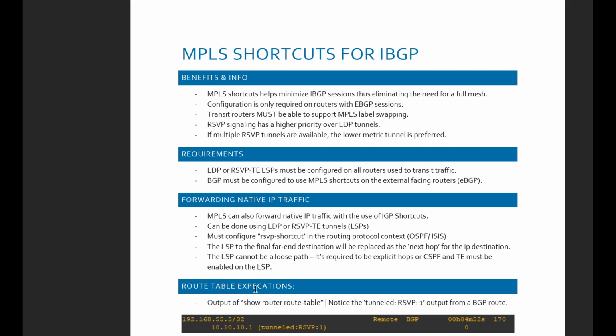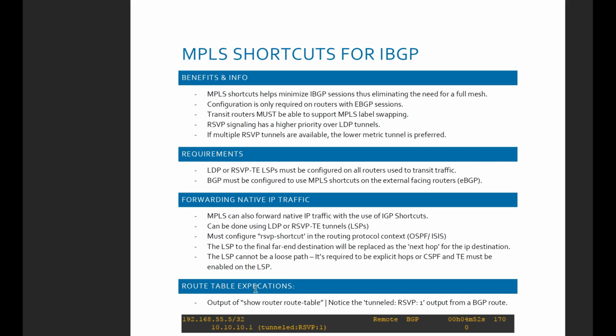So again, LDP or RSVP traffic engineering LSPs have to be configured on the transit routers in order to forward all the traffic. And BGP must be configured to use MPLS shortcuts, again, on the external facing routers with the eBGP sessions. So those are a couple must-haves, and also there are IGP